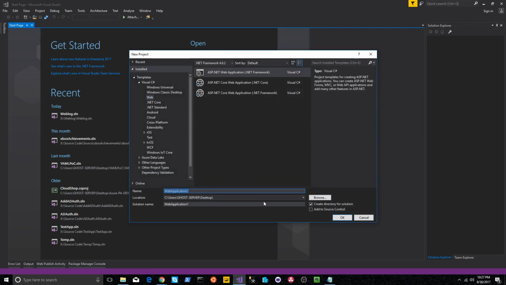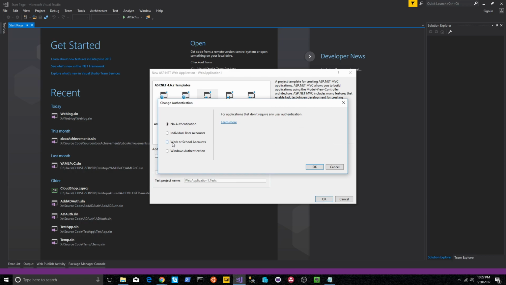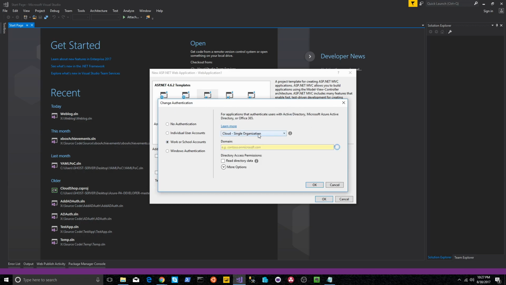I'm going to name this web application. Don't want to change anything again. Click on OK and select MVC and click on change authentication. By default, the authentication is always no authentication. So click on change authentication, select work or school accounts, and you see that cloud have a single organization. Okay, so what I'm going to do is enter the domain, which is prashantmx@hotmail.onmicrosoft.com. Okay, so this is the domain name. Let's recheck whether there are no spelling mistakes. Yeah, school. Click on OK